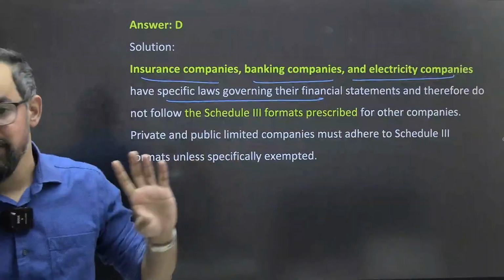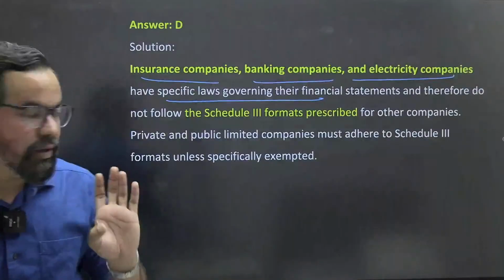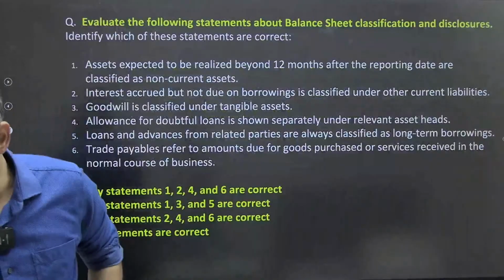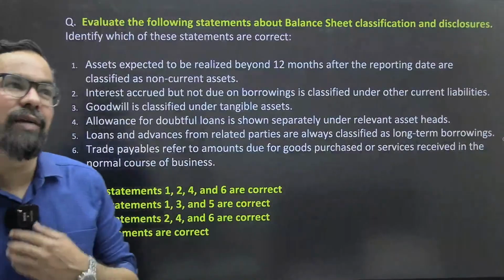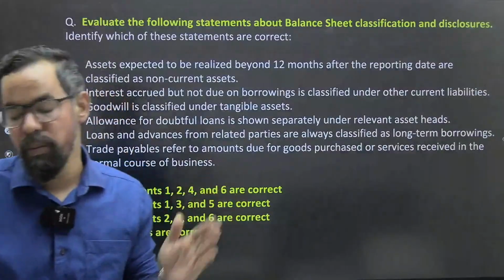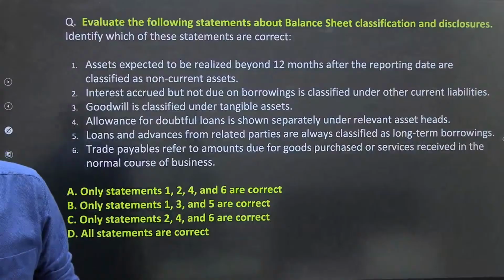We practiced this particular question last time also, and that time we were wrong, right? Today we are wrong again, okay? So please do remember this one. Next one. They have special provisions. Like for a banking company, we have the BR Act, section 29, Form A, Form B, that classification and all that we need to fulfill.